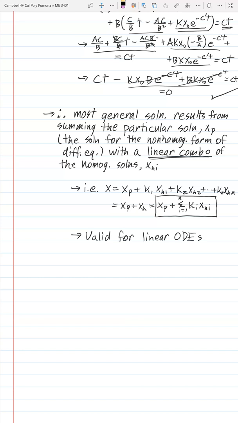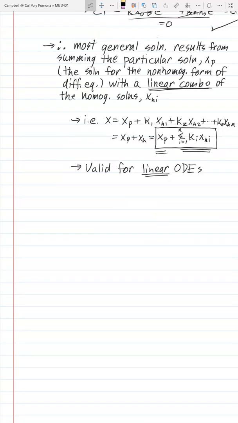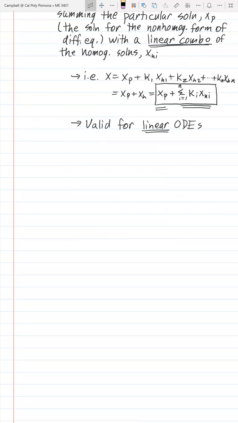Okay, so hopefully you can start to see how this idea of linear works so well, because it allows us to segregate the terms that come from the basis functions associated with the homogeneous solution and segregate the terms associated with the particular solution. And then we can see exactly how those different groupings of terms will come together to allow us to solve the differential equation. So let's go ahead and briefly go over